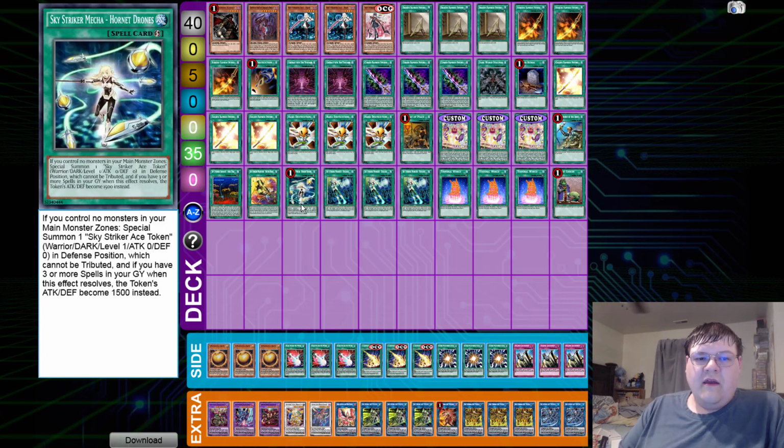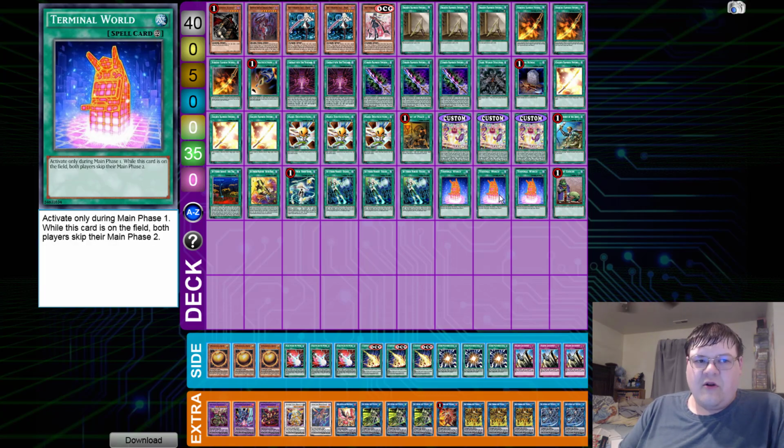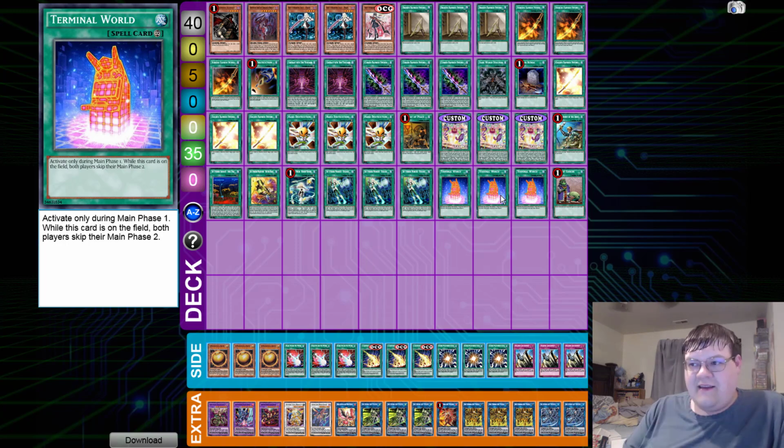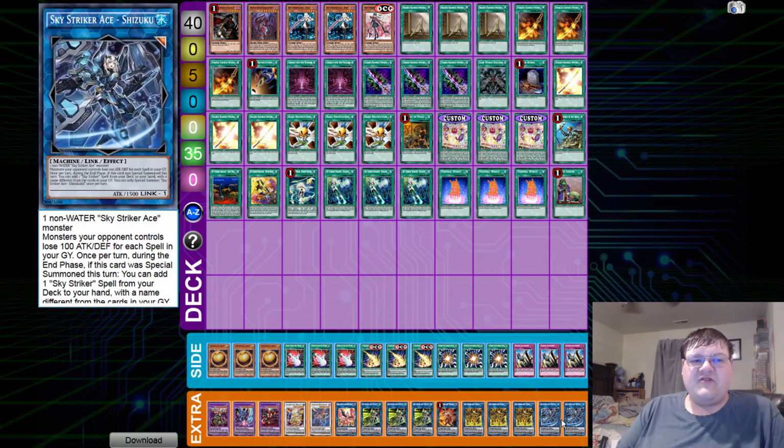Then we have the 1 Hornet Drones, the triple Engage, triple copies of Terminal World, probably the second brickiest card in the deck, unfortunately. Like, I want to say this card's not that bad, but it can be that bad. We have 1 Upstart Goblin, and then down here in the extra deck we have 2 copies of Shizuku, yay end phase tutor ability,